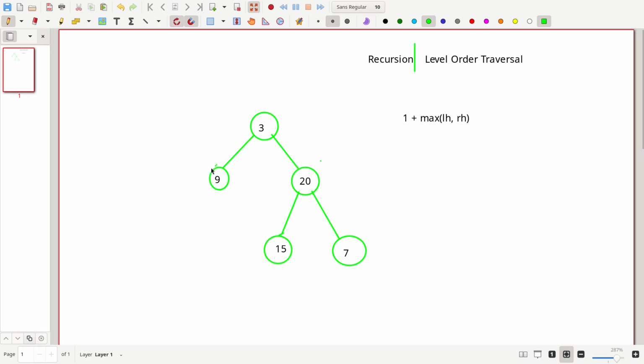For the left one we have to calculate 1 plus, and since there is no left and right, it will be 0 and it will return 1. Similarly we see in the right, it goes to the recursive, and as we are doing the recursion,